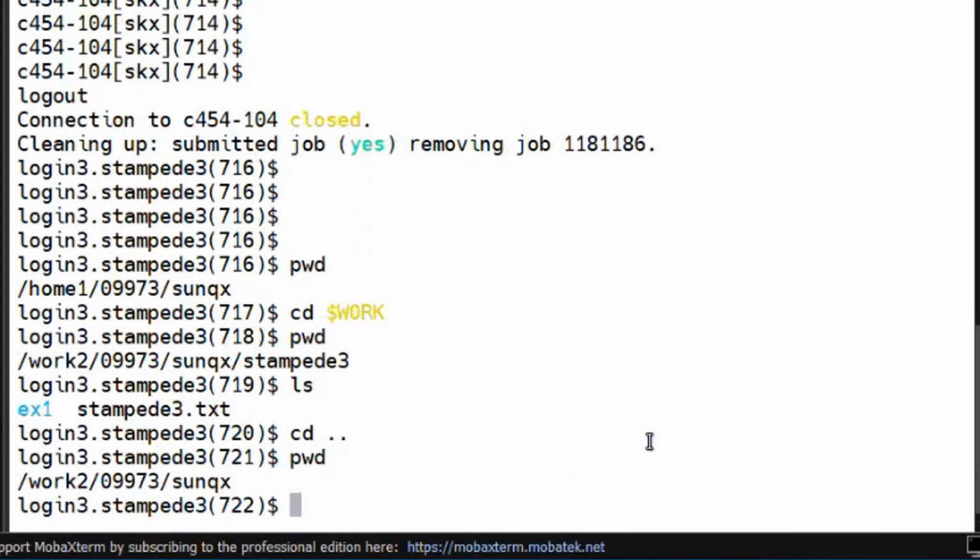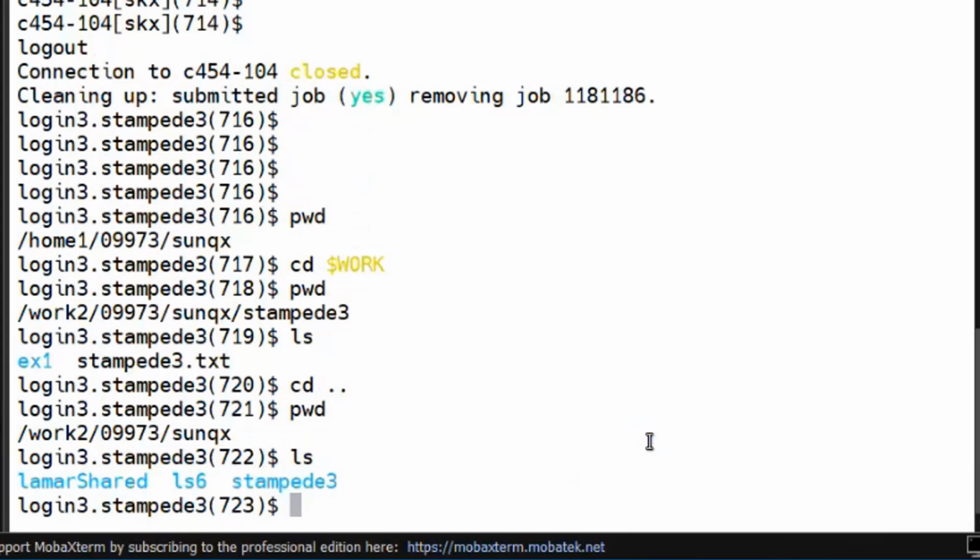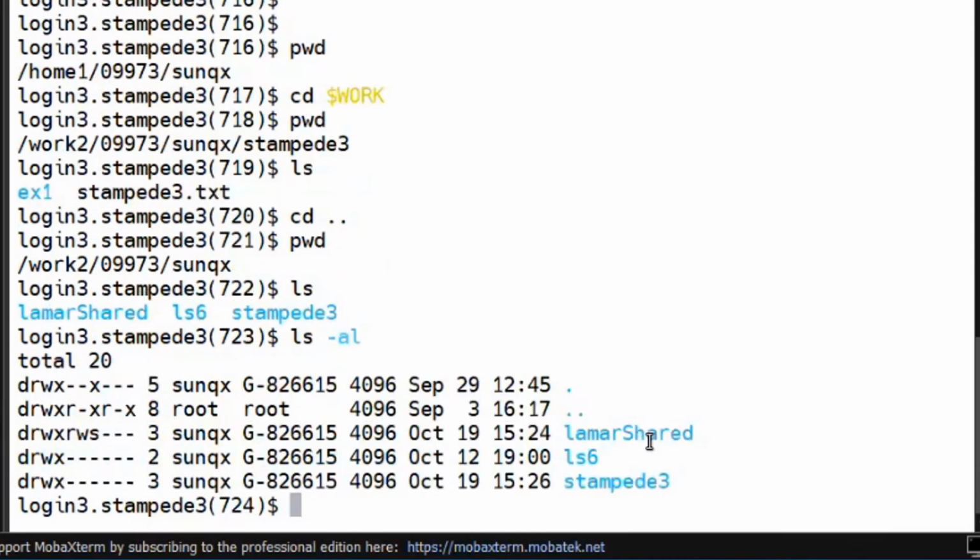And listing files. You see here, last time we already mentioned this one, Stampede3 and also Lonestar6, the working directory is in the same place. I created this llama shared. If I do ls -al, you will see I created this one. I gave our group read, write, and execute permission. This is our group ID, to check if you are in the same group. That is a Unix work group